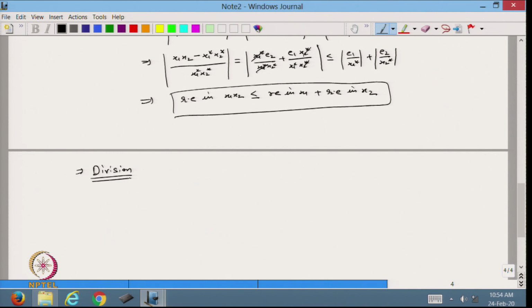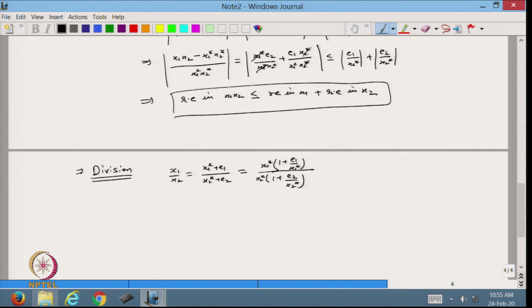So, this we have done for the multiplication, and the last one we can do is the division. So, what will happen in the division? Now, let me divide the number x1 by x2. This can be written as x1 star plus E1 divided by x2 star plus E2. Now, I can take x1 star common from the numerator and x2 star from the denominator. So, this will become 1 plus E1 by x1 star, and this can be written as 1 plus E2 by x2 star.